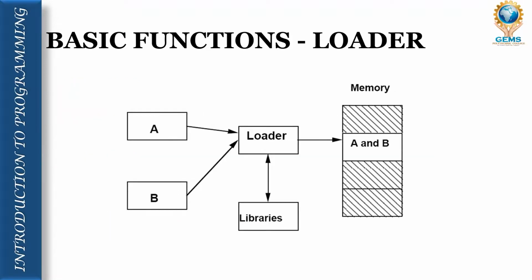Now see here, by the help of this picture, I want to explain the basic function of a loader. We have a program A and program B. This is the library files. Then, by linking, using the concept of linking, program A, program B and the library are all linked or merged together, then it becomes an executable file, and that can be loaded into the memory by using the concept of the loader, and program A and program B are loaded into the memory.